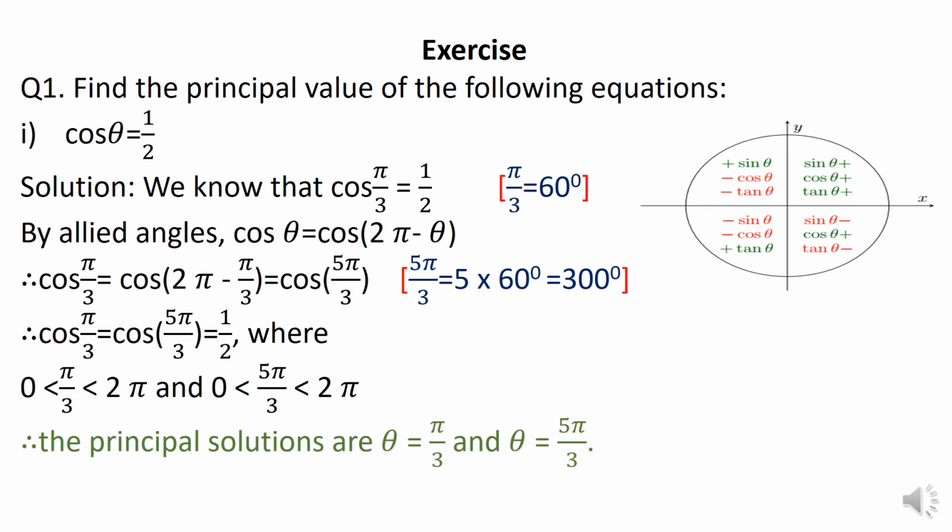And as a result, we can write that the principal solutions of cos theta over here are theta is equal to pi by 3 and theta is equal to 5 pi by 3. Thus the answers are obtained. Now, I know that initially this would be confusing. So I want you to concentrate properly, go through the slide, study it with the aim of understanding, not just breezing through, and get the concept thoroughly in mind. We go to the next sum now.